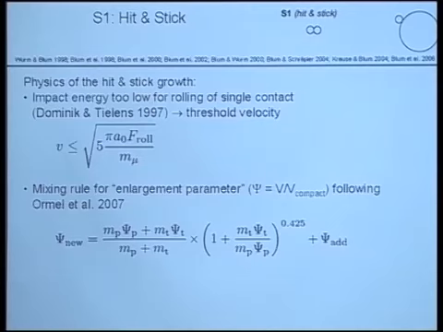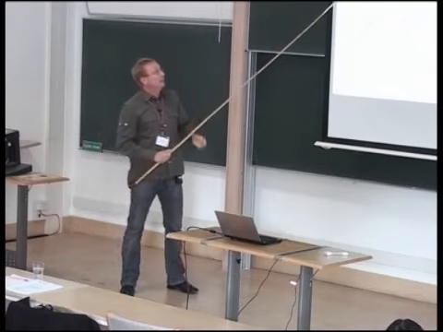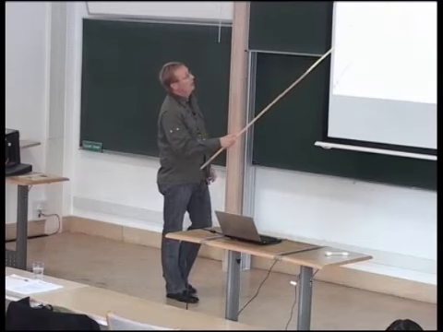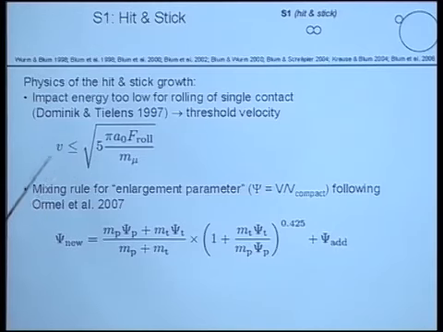Hit and stick works if the relative velocities are not higher than the friction can hold, so to speak, very simply; otherwise the particles restructure. It's no longer hit and stick. And by the rolling friction, we can define a threshold in velocity for the hit and stick, and this is a typical law: the velocity of this threshold scales with the reduced mass to the inverse square root. This is a typical law that will be applied in our model.